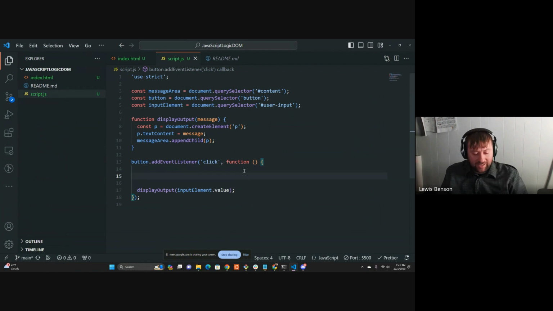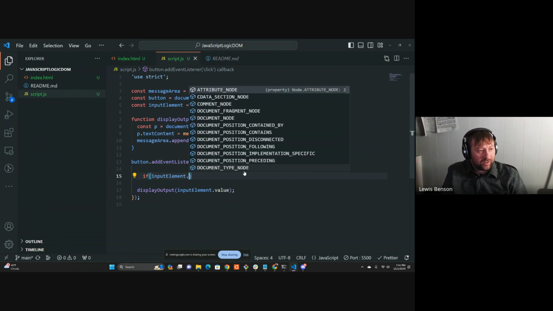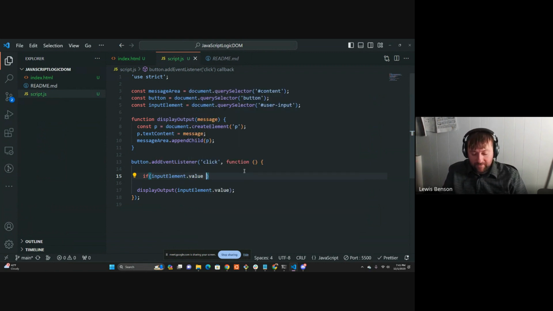So first thing I want to check, if input element dot value is... first thing I want to determine, I guess, is what my number is going to be. I'm just going to go with 12 as my number. So if the value is strictly equal to 12, then that's where we're going to put